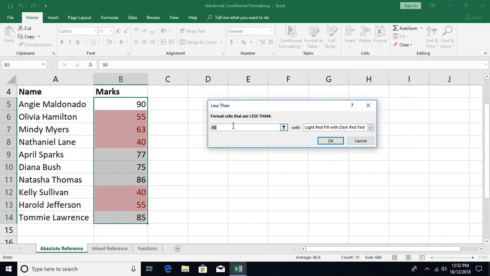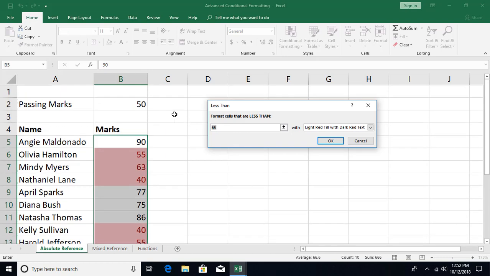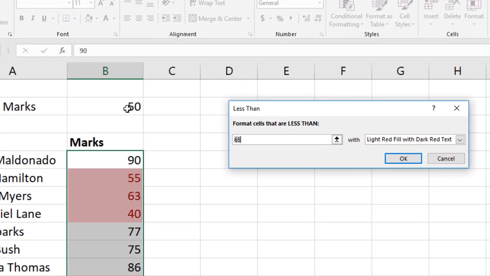So if I want, I can simply type in 60 over here, but the best practice is that we should reference a cell so that in future if I need to make changes, I can simply change it in the sheet and it will apply over here. So rather than typing in the number, I can simply click on the cell where I have already entered the passing score. And now when I click on OK, I can see over here that the reference is by default